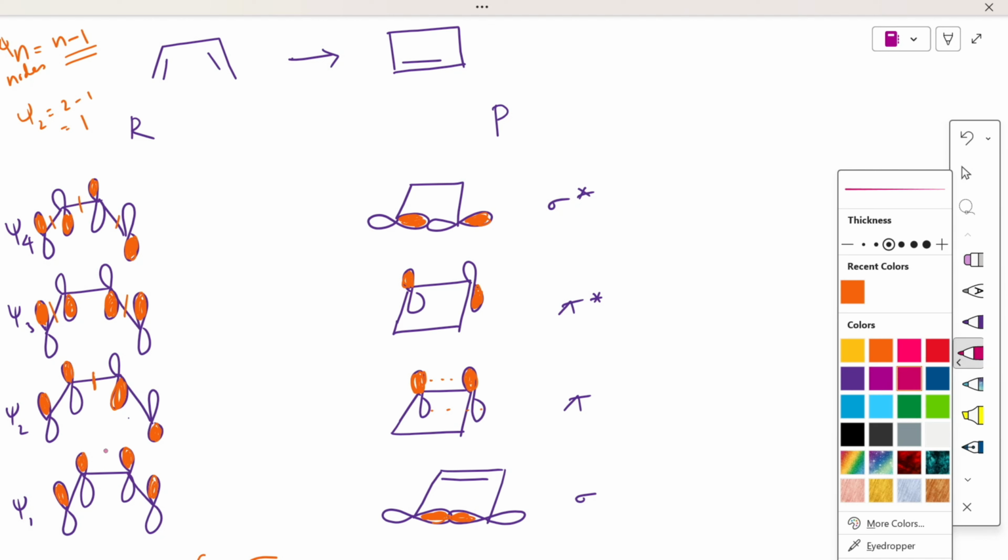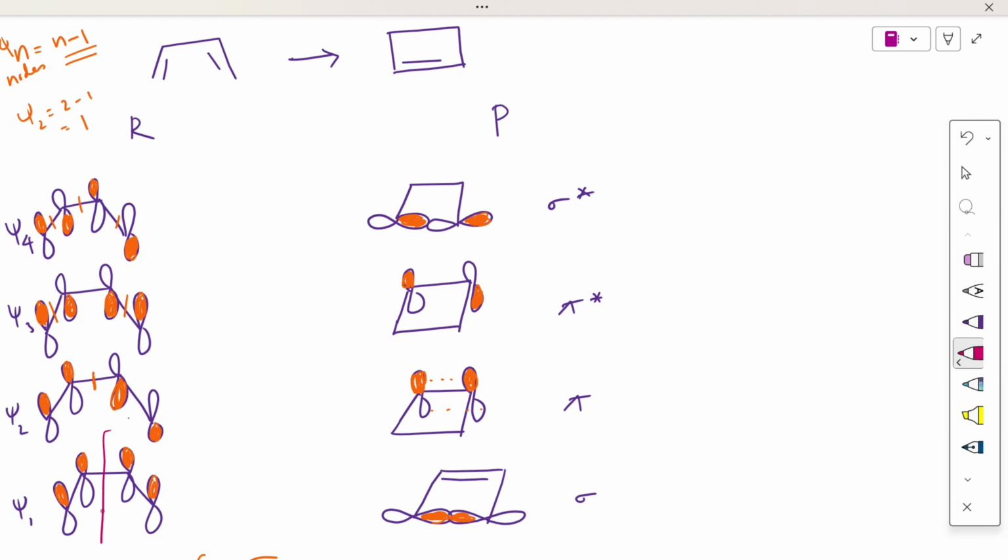So with respect to the plane of symmetry, if I cut using a plane, they can be easily cut. So you can see they can be cut. So it is symmetric with respect to the mirror plane. When I go for the C2 axis of symmetry, I'm going to pass an axis like this and rotate it. So this orbital will come over here. So the sign of the lobes are mismatching. So that is asymmetric with respect to C2.